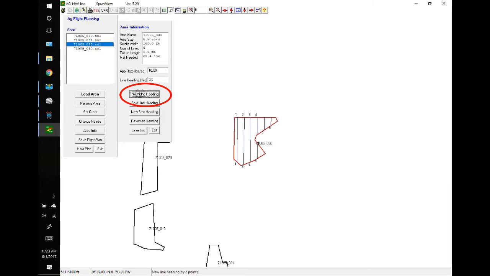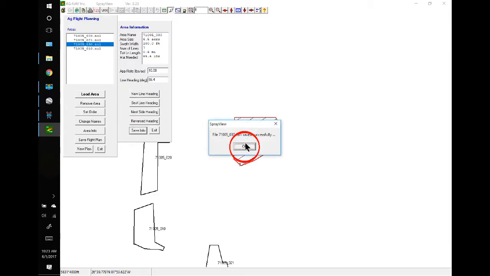So I will go new line heading, and I want to parallel that line right there. Good. And I want to start 1 on that side, so that's good. So I'll save that info. And the next one